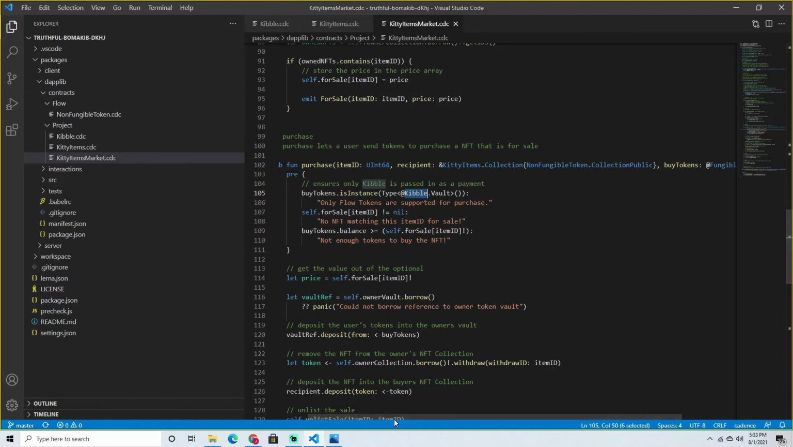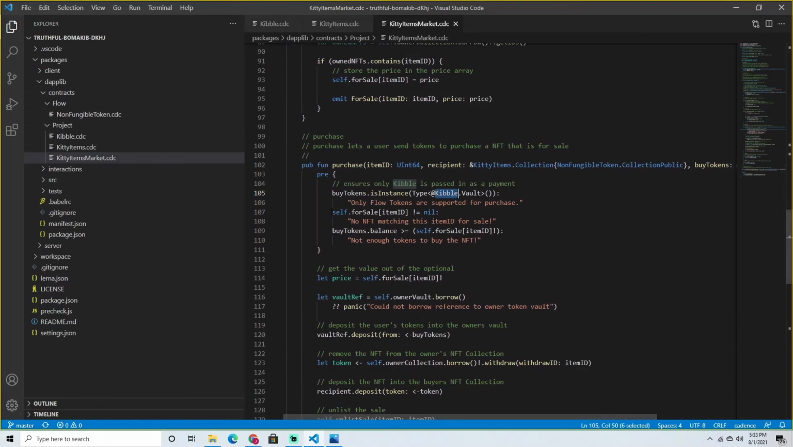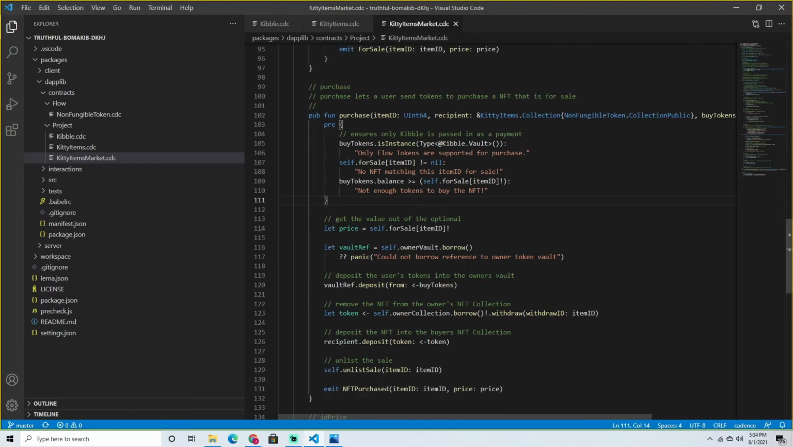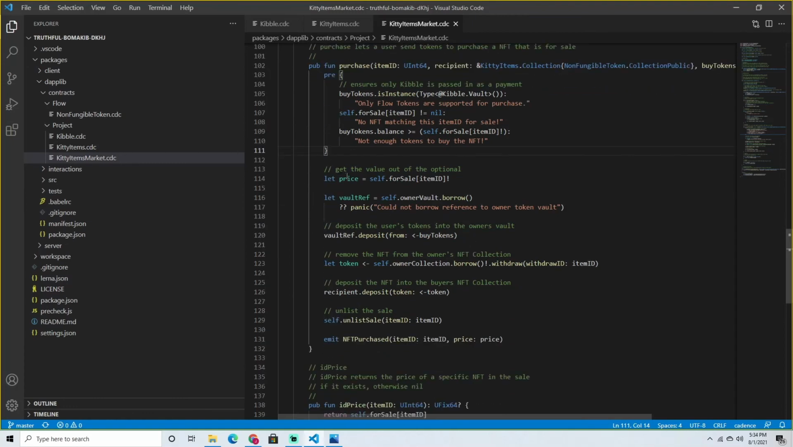fungible token. Then we're saying, make sure that the item is actually up for sale, and then make sure the buyTokens, which is the vault we passed in, has a balance that's greater than the price of this kitty item. That means we've passed in enough to buy it. So let's scroll down a bit. This is the price of the kitty item. This is the vault ref. So we're borrowing